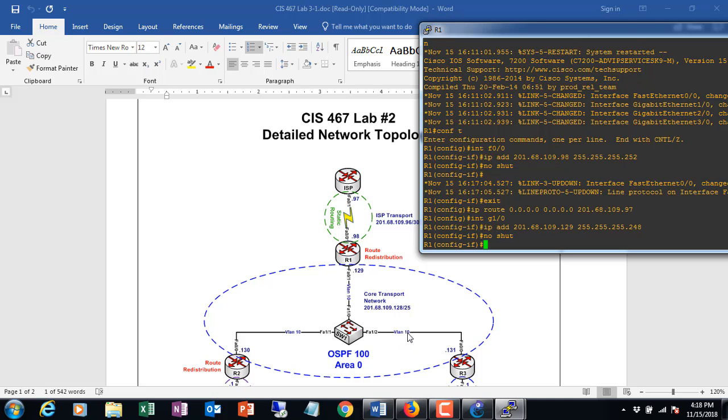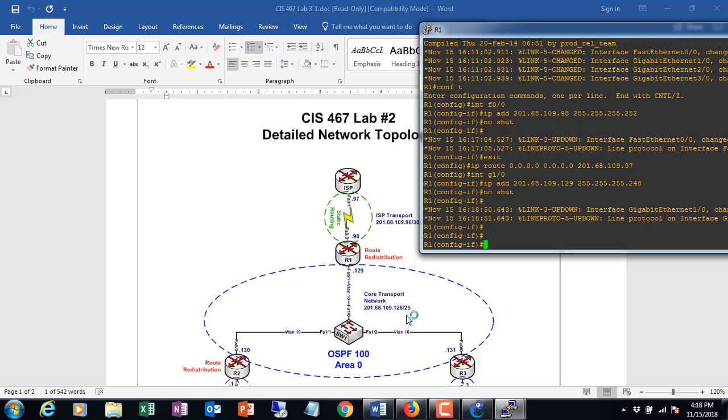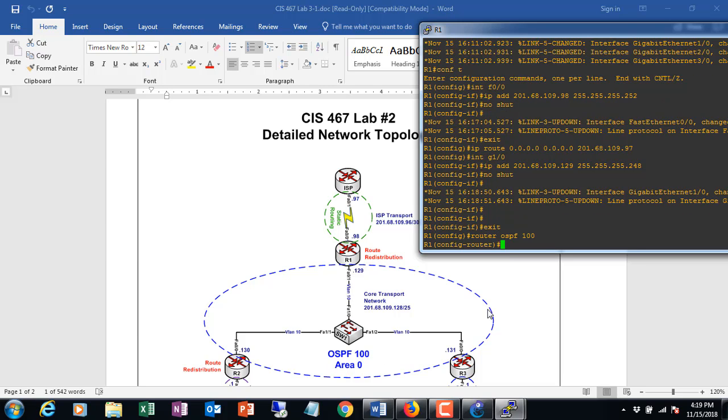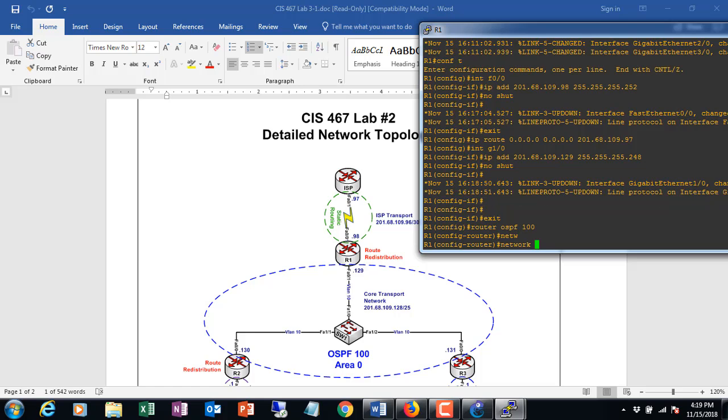Okay? Now, we also need to start creating this domain down here, this OSPF domain. So to get into the OSPF engine, we've got to start it with router ospf, and then the process ID 100. All right, you see the prompt changes to config-router. Here all we're going to do is tell it what network is in what area. So there's only one network in one area for R1, and that is at